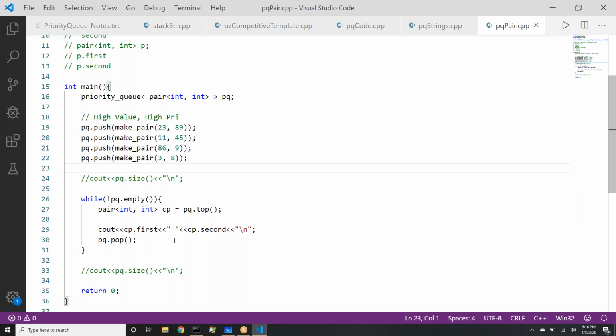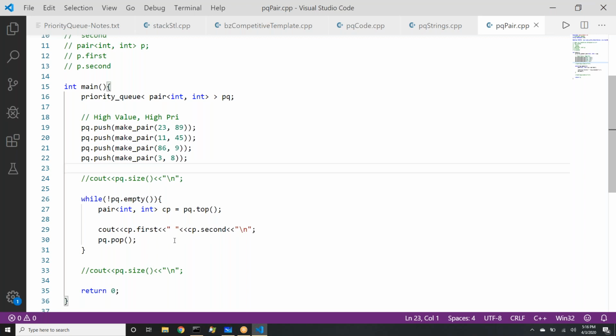Anyone, any thoughts? By hook or crook, we want that output. Okay, so Nagasai says you should use the compare function. Yes, but Nagasai, we will come to that syntax. But my question is, by hook or crook, what is the easiest way to get that output? Let's be lazy, let's be crazy.